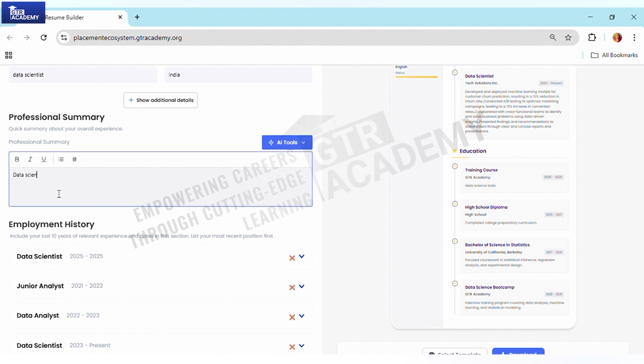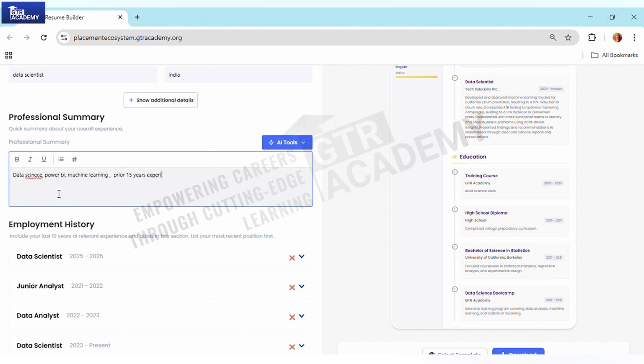So I'm putting professional summary as data science, then Power BI, then machine learning, prior 15 years experience in marketing and sales. What else? I don't want to put anything else. If you have anything from your previous profile also, you can just add it over here, and then you can go up